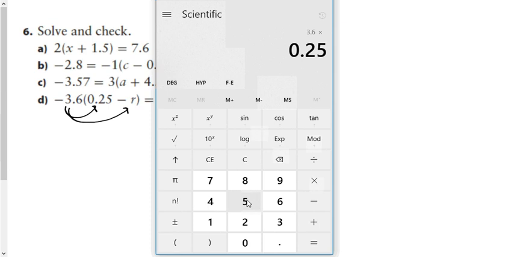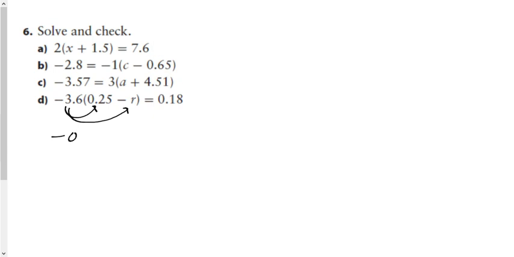Well, 50% is $1.80. So half of $1.80 would be 25%, which would be 90 cents. It should be negative. Yeah, there it is. Negative 0.9. And I know that because a negative times a positive is a negative. And then negative 3.6 times negative r is a positive 3.6r, equals